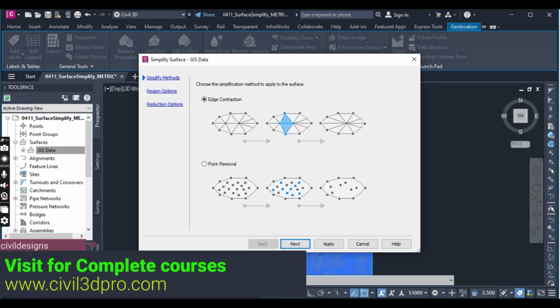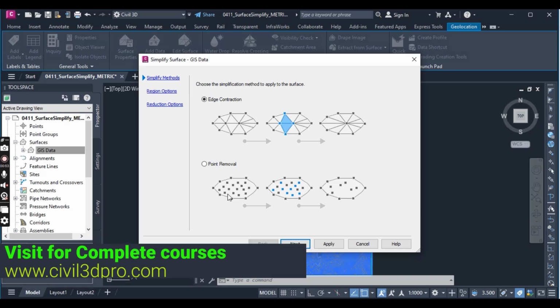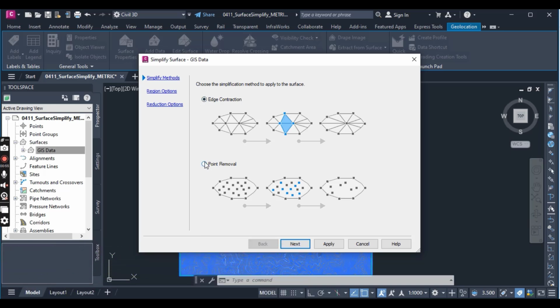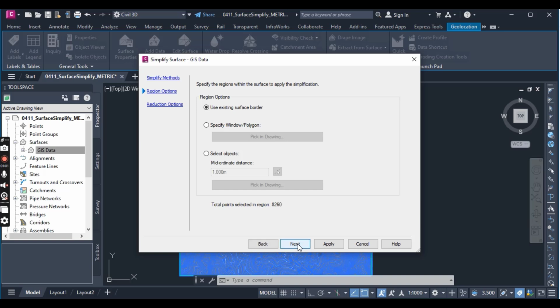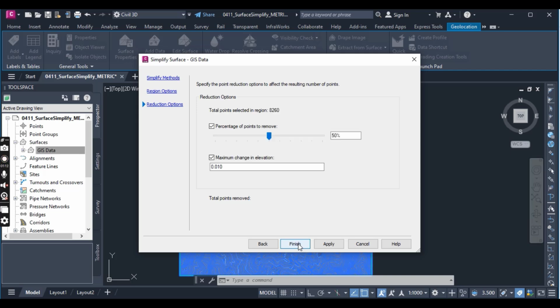Select the point removal radio button here and click next to move to the region option page. Now accept the region option defaults and then press next. Set the percentage of points to remove to 20%